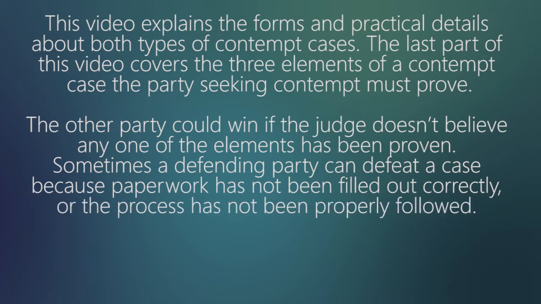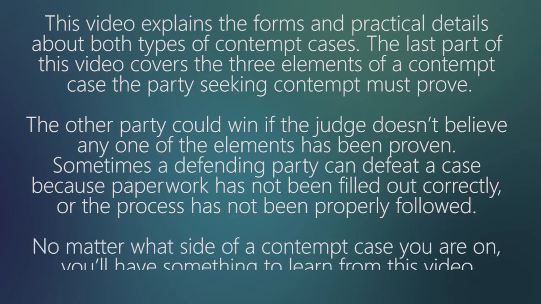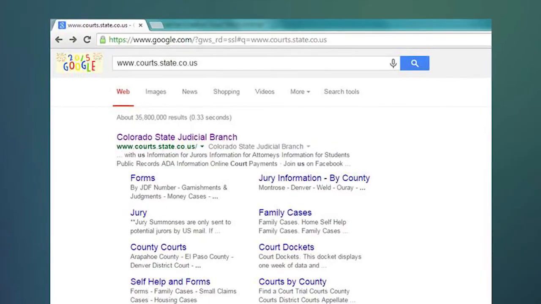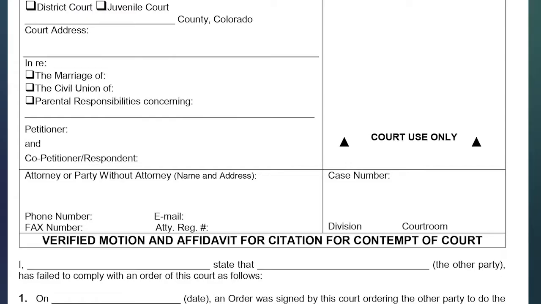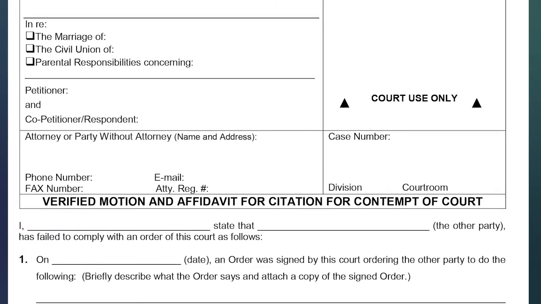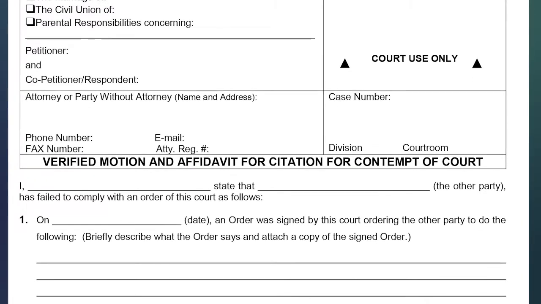Sometimes a defending party can defeat a case because paperwork has not been filled out correctly or the process has not been properly followed. No matter what side of a contempt case you are on, you will have something to learn from this video. Open a new browser tab and download JDF 1816 Verified Motion and Affidavit for Citation for